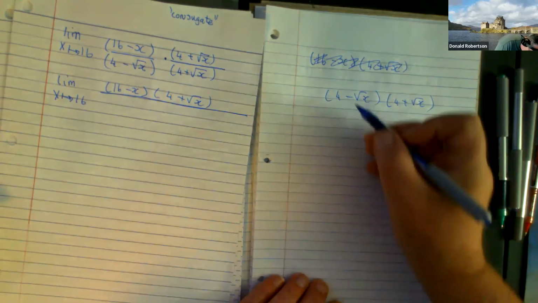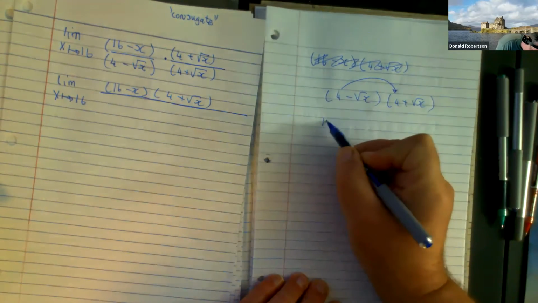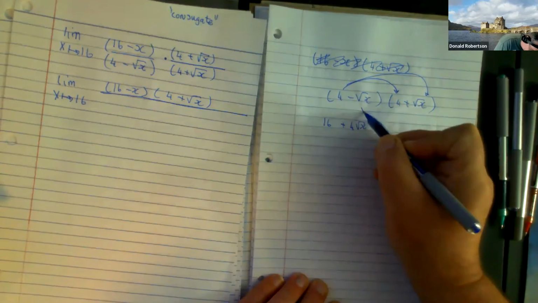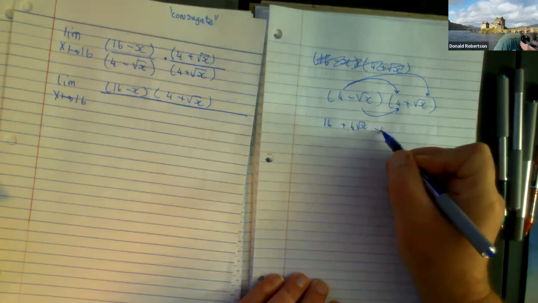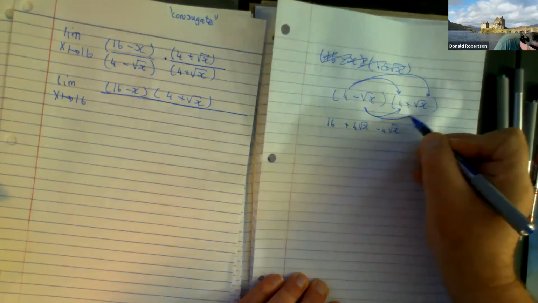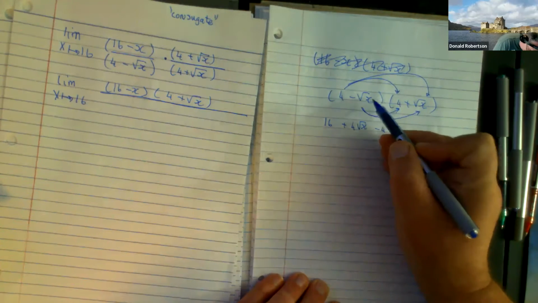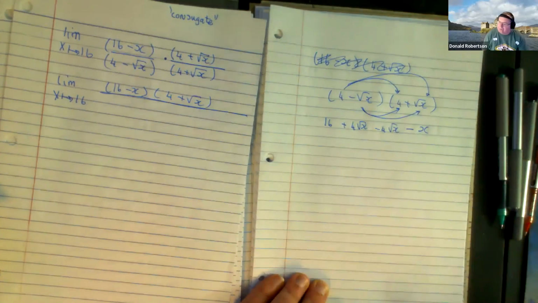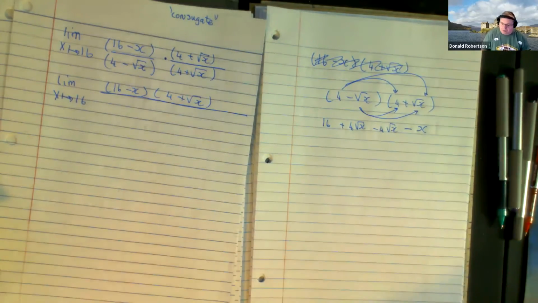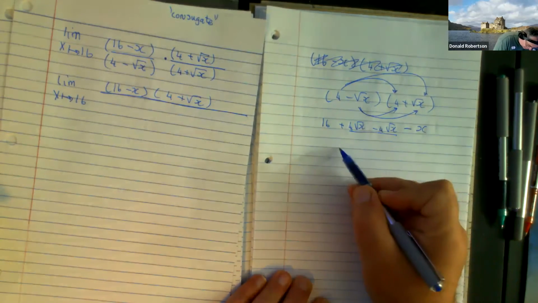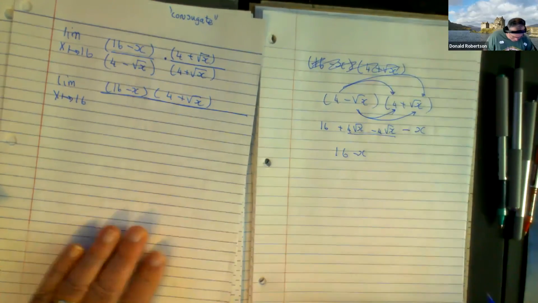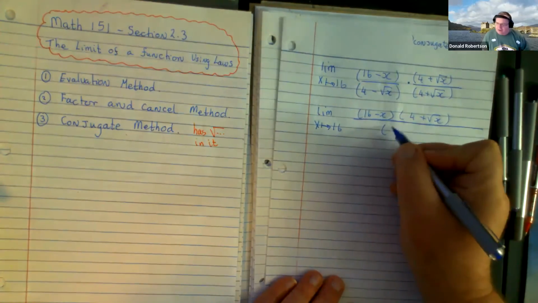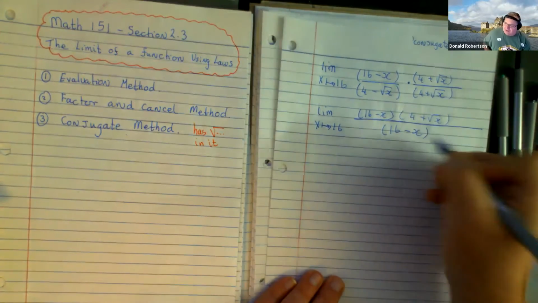So FOIL. 4 times 4 is 16. 4 times that guy gets you this. Negative root x times that gets me that. And negative the square root of x multiplied by positive the square root of x, doesn't that just get you negative x? Square root times the square root. Now the 2 in the middle kill each other off, and you're left with that. And maybe you'll see why it was a good idea for me not to bother to FOIL the top out, because isn't it actually